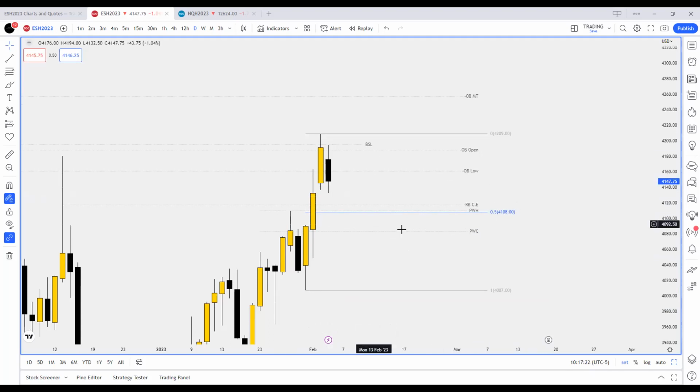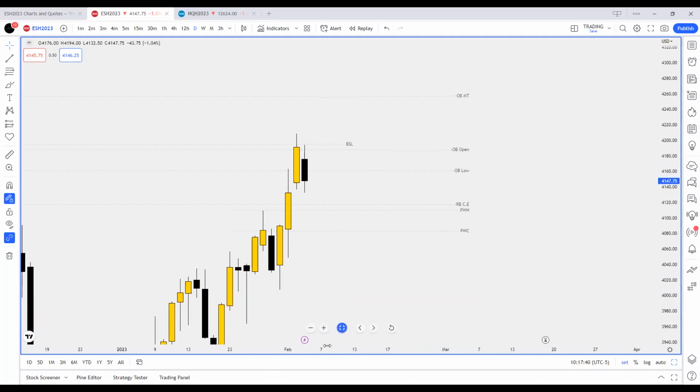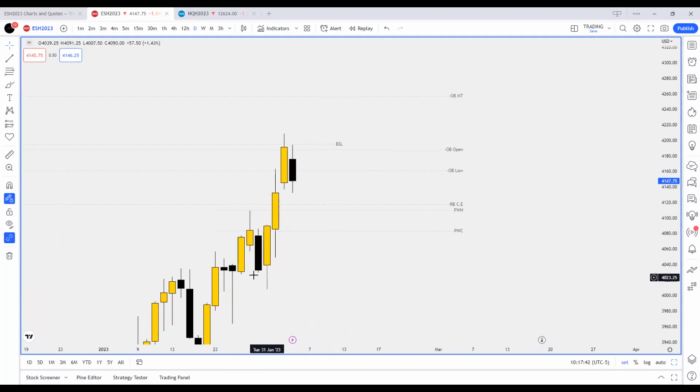So I'm noting how we have that previous week's high, that rejection block, consequent encroachment. We have all of that stuff right around equilibrium, previous week's close. And we have a fair value gap in here. There is fair value in here. I like this filled. To me, I am going to remain bullish until I can see the 4020 low get